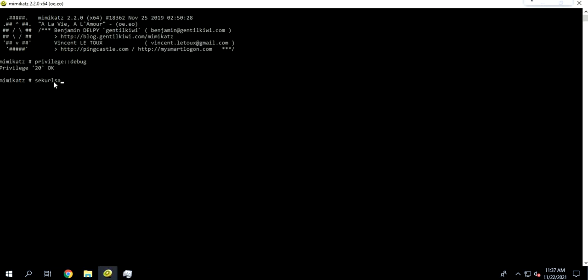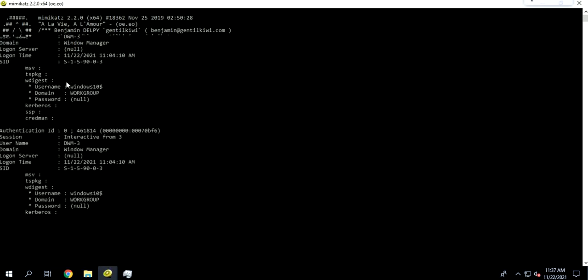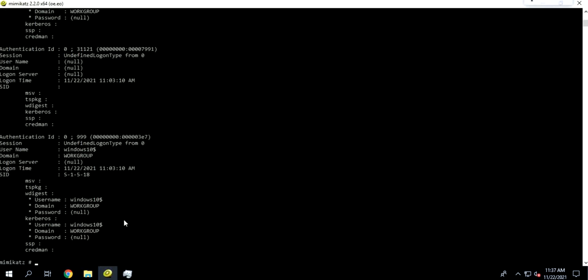That's the module name. And when you type two colons and then logonpasswords, it will give you a lot of output with all the users and their properties on the system, like what you see on the screen.